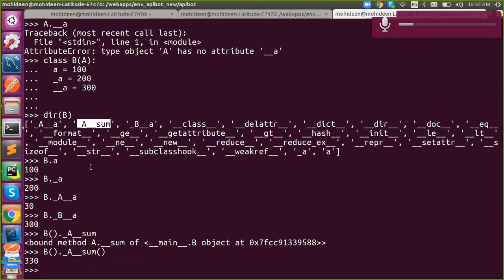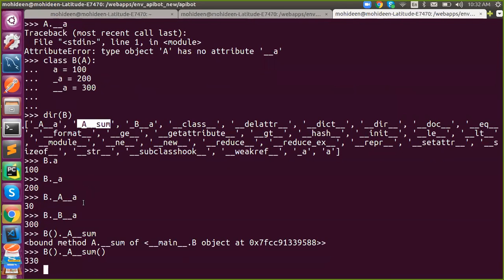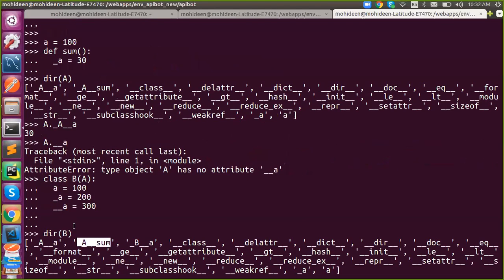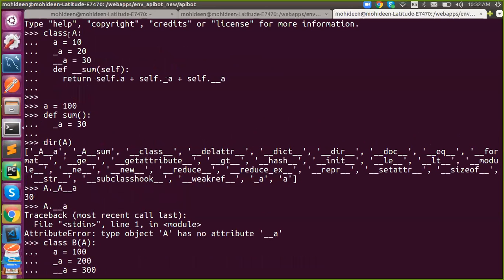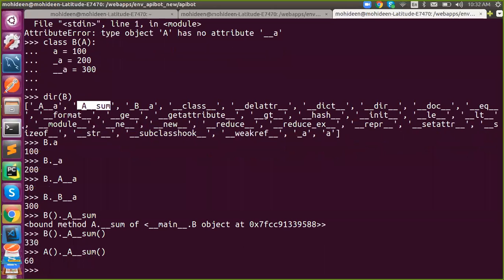Understand this? How did it get 330? Because in B we actually overrode, and that method was inherited. If you instantiate A instead of B, the sum will be 10 plus 20 plus 30, which is 60.